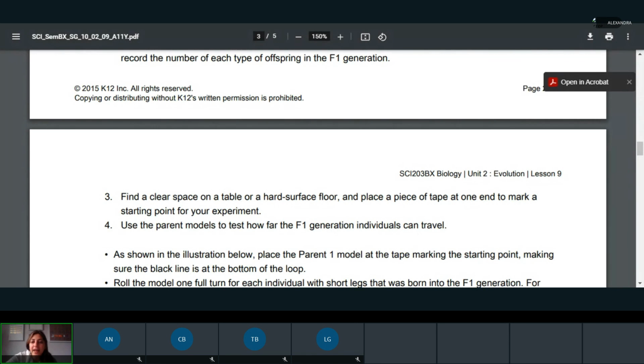But yes, just know that I am here. We still have about 15 minutes left of class. That is the bulk of our lesson though, right? Our lesson is going to be doing this for F2 and F3, making sure you're answering those conclusions and trying to draw some similarities between what you've learned in this lab and what you've learned in your lessons about natural selection. So I'll hang around if you guys have any more questions, but I just wanted to give you an opportunity to get going and get started.